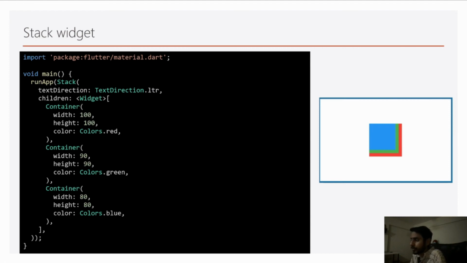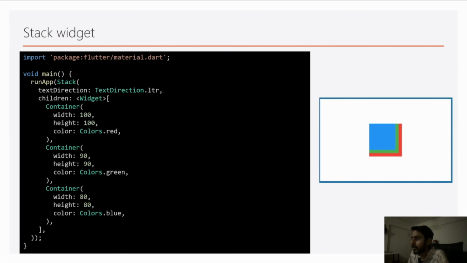Okay, before writing the program, let's see how the program is written by looking at the left hand side of the screen. We have to create a run function, then inside that we have to call stack widget, which takes two types of properties, text direction, and second is children.